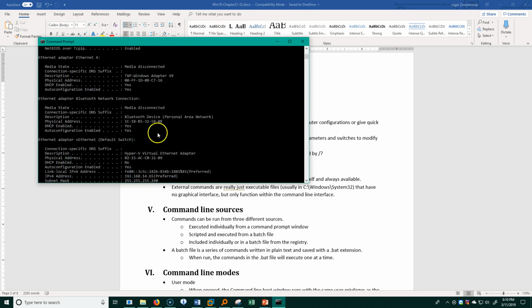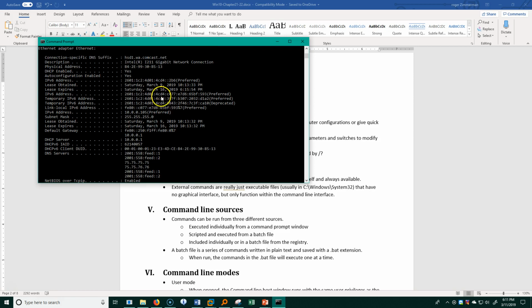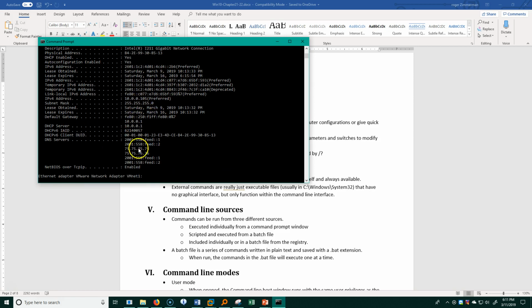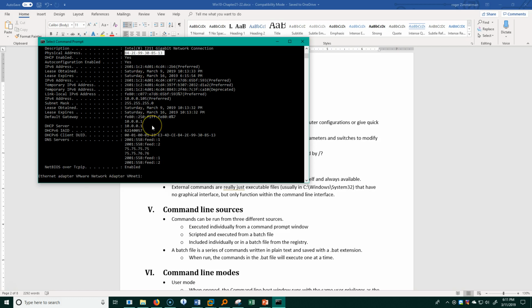You'll see I have a much larger set of output here because it not only tells me my IP addresses, it gives me a lot of information about my IP version 6, DNS servers, it even gives me a hardware address up here somewhere, physical address right here, B42E, and so it gives me a lot more information with the ipconfig all.